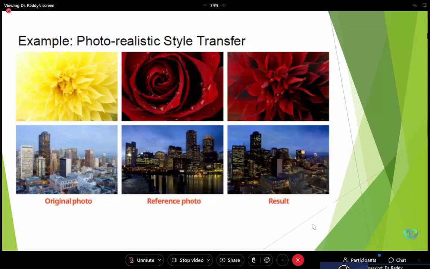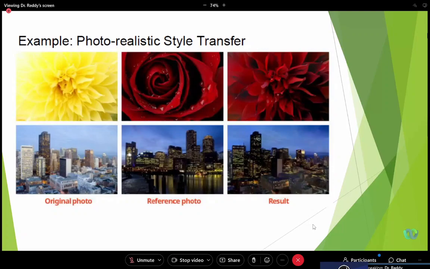If an image of a city is captured in the night time, it looks like this one. What happens if the first image, which was of a particular city location, is captured in the night time, how does it look? You're not capturing the night time, you're converting, you're adding the style into this image. If it is captured in night time, it will be like this. That's called photorealistic style transfer. So you're reconstructing an image as if it appeared at night.